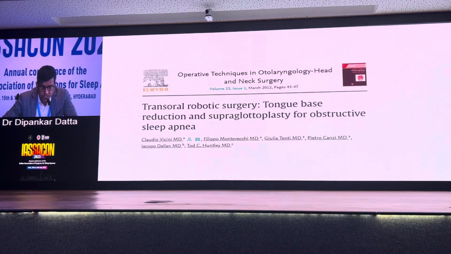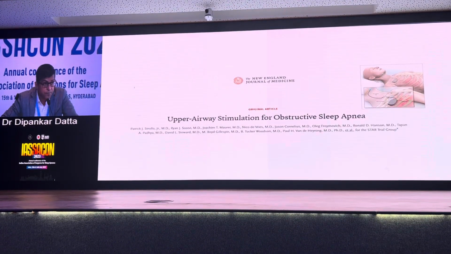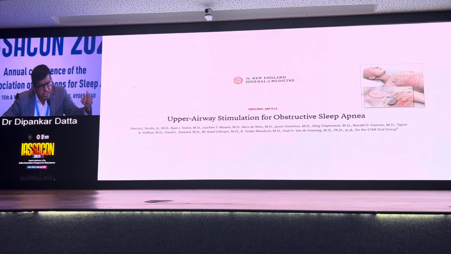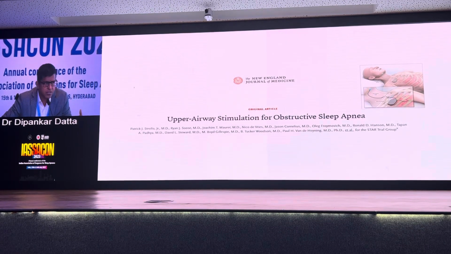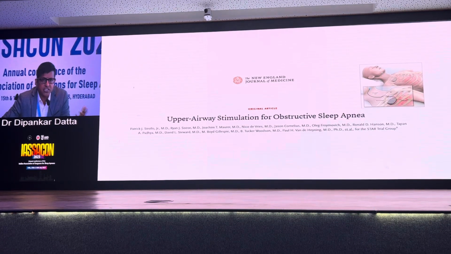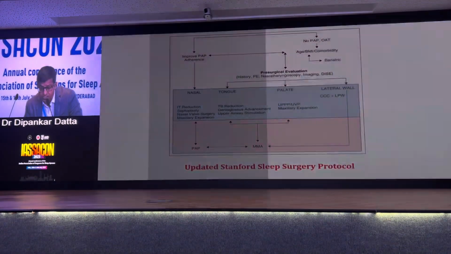Now, transnasal robotic surgery, tongue-based reduction, and supraglottoplasty for obstructive sleep apnea, there are plenty of publications. And upper airway stimulation, that is also another soft tissue surgery. So, dynamic achievement. The whole world, in a select group of patients, less than 32 BMI, limited AHI, and in the absence of complete concentric collapse, the dynamic achievement of the upper airway we can achieve by an upper airway stimulation device, that is the hypoglossal nerve pacemaker. Then why proceed for these prolonged, morbid maxillofacial surgeries? So the pacemaker is also a soft tissue surgery, and moreover dynamic, not only static soft tissue.